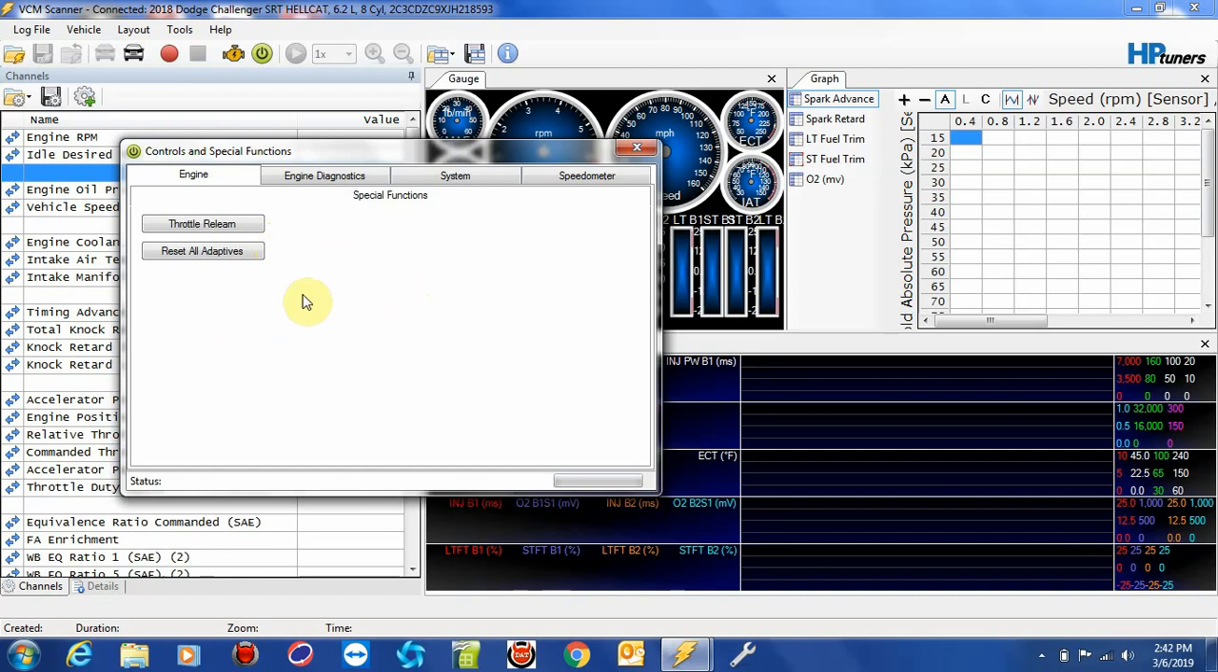And also, anytime I send you a tune or you're tuning your own car and you change injector scalings, you're going to want to hit reset all adaptives. When you start the car up with new injector settings, it's going to have no adaptives, so it's going to start learning new. So other than that, there's not really any more special functions on this particular vehicle that I can go through,